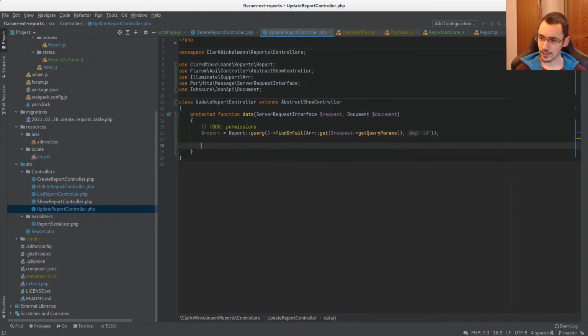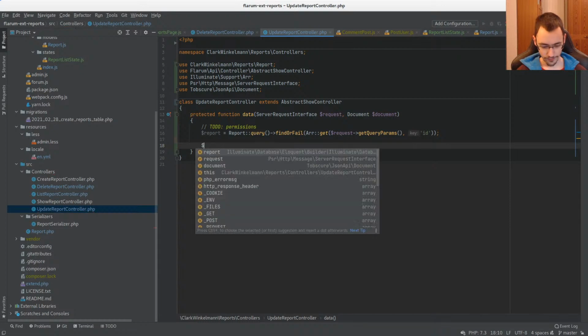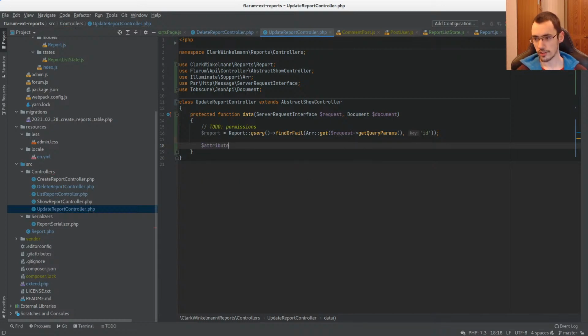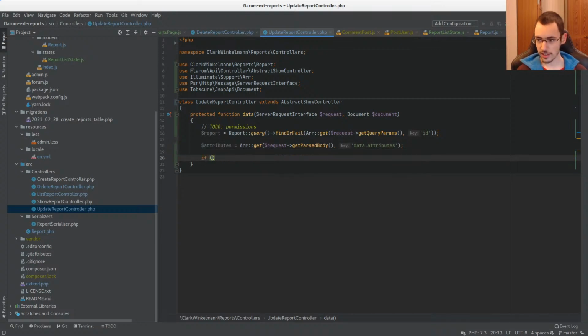And next, we will check the data. So we take the attributes. The attributes will come from the request body, parsed body, and everything we pass when saving will be inside of data.attributes. So we store that here, and then if there is the array_get attribute, so we will actually use if exists array_get attributes, and we check for